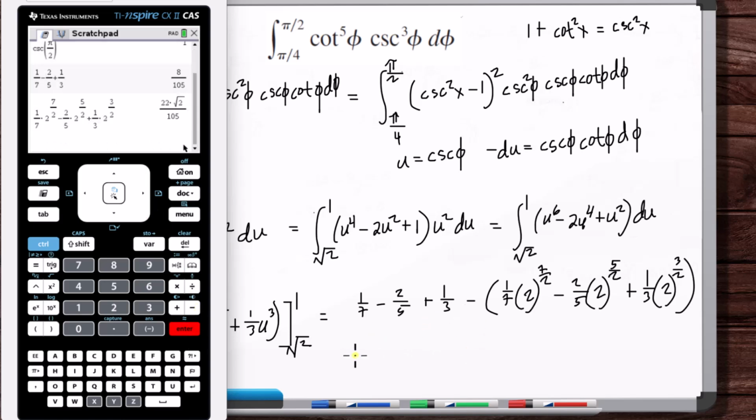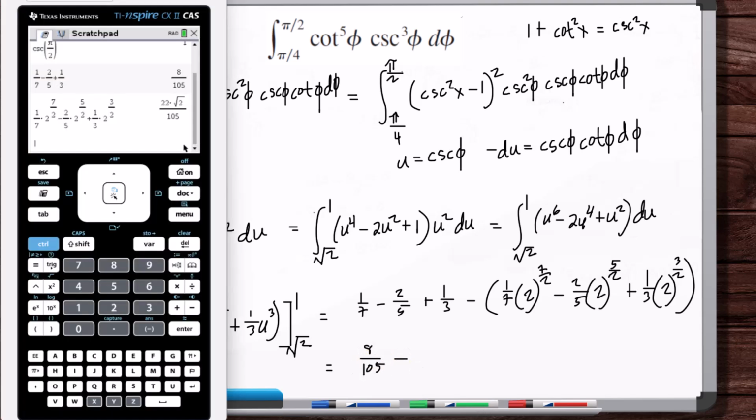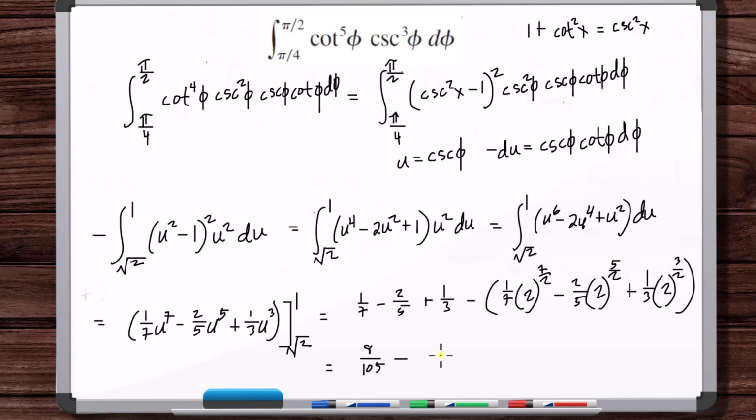So 8/105 minus 22/105 root 2. That's 22 root 2 over 105. So 8 minus 22 root 2 over 105, which is approximately equal to